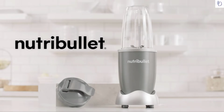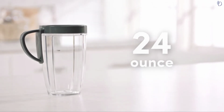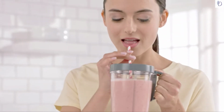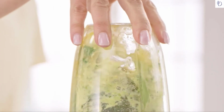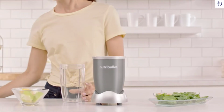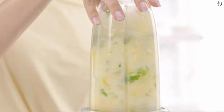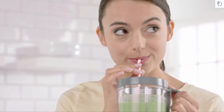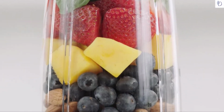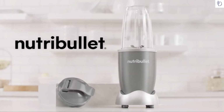The NutriBullet comes with everything you'll need to get started on your path to health and wellness, including the supersized 24-ounce cup, perfect for everyday use, and ideal for making healthy dips, dressings, and sauces. The NutriBullet makes getting those vital nutrients fast, convenient, and you'll be amazed just how great it can make you feel. To get the most out of your life, you need to get the most out of your food. NutriBullet, the original super